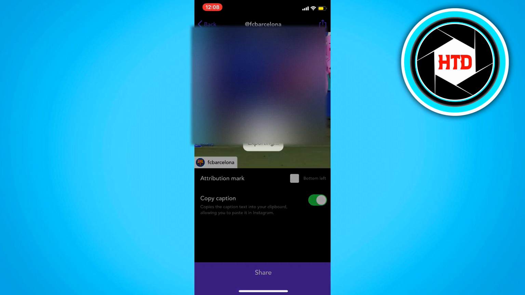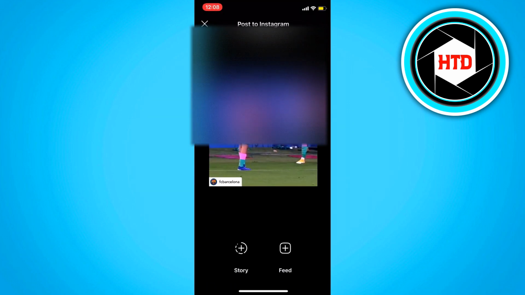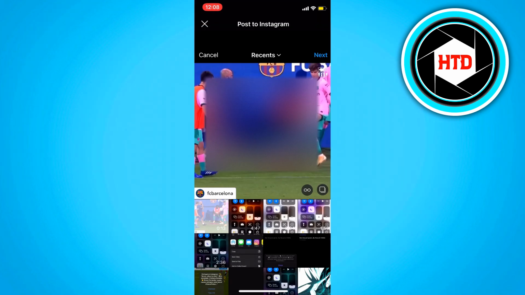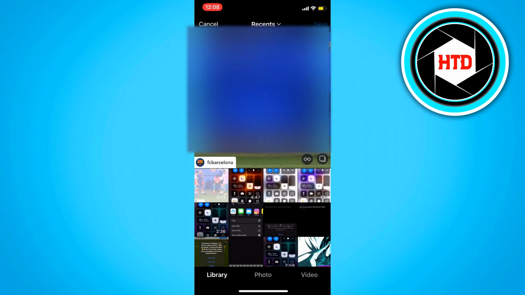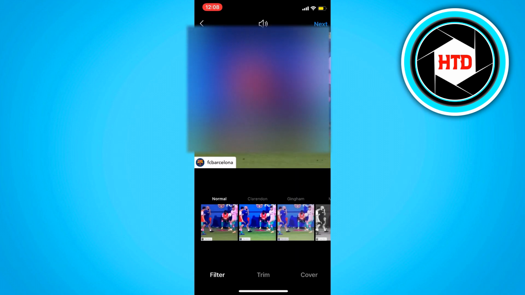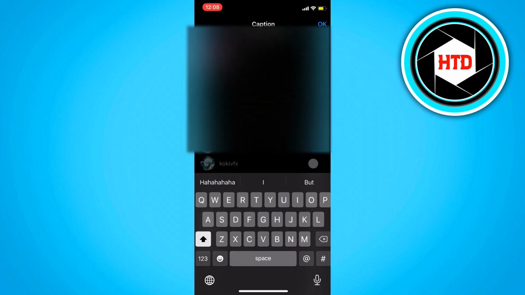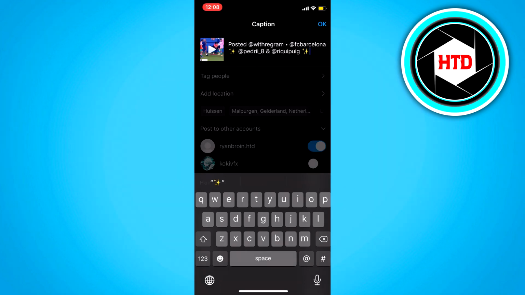So just click on share, and now it says exporting. Click on OK, and it says want to open Instagram, and then click on yes. Select feed, and click on next. Click on next again, and right here you can either paste the full caption of them in there,